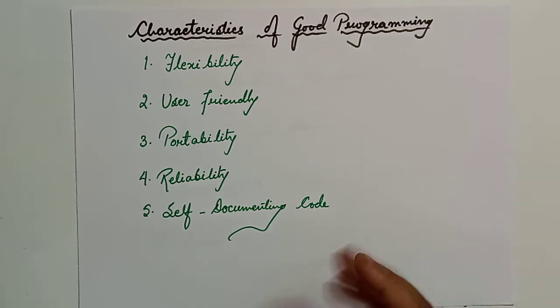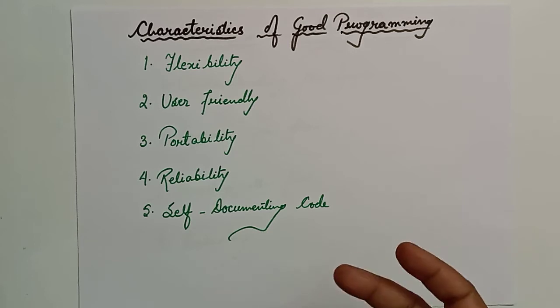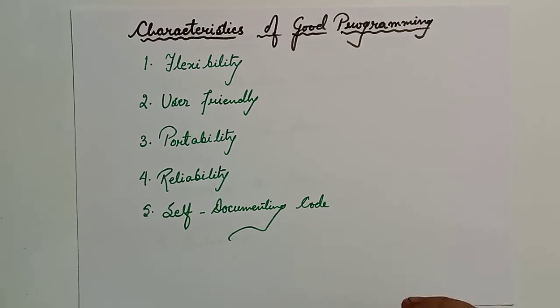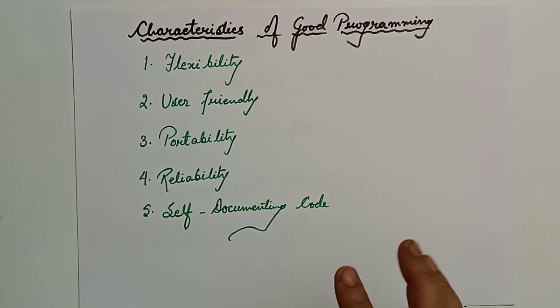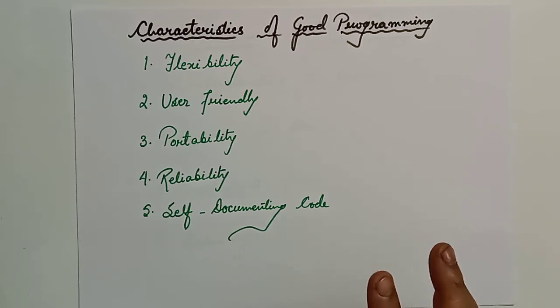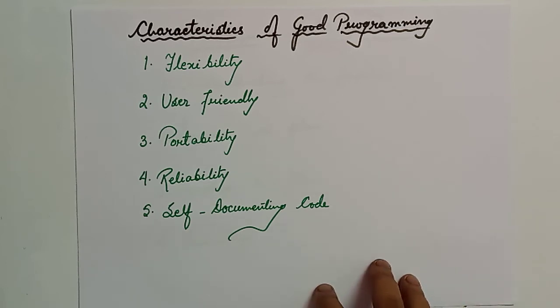Let's say if you want to accept any data through the program, then your program should give a suitable message so that the user can understand what kind of data has to be provided to the program. And the result should also be displayed in such a manner that the user can understand. Besides this, the program should be easily understandable and modifiable, so if required, the program can be modified easily.